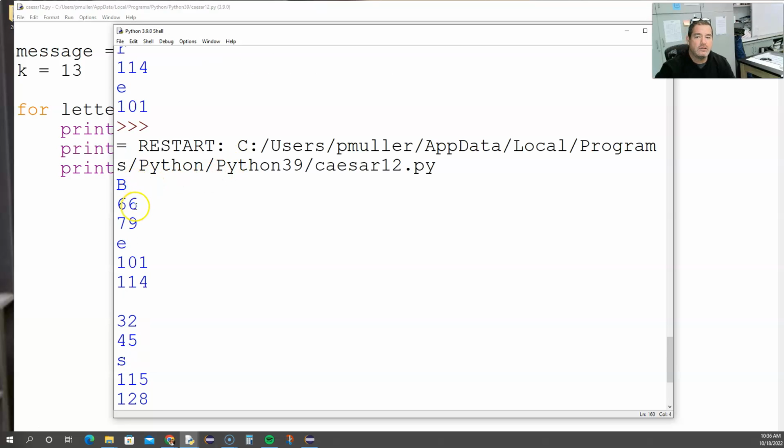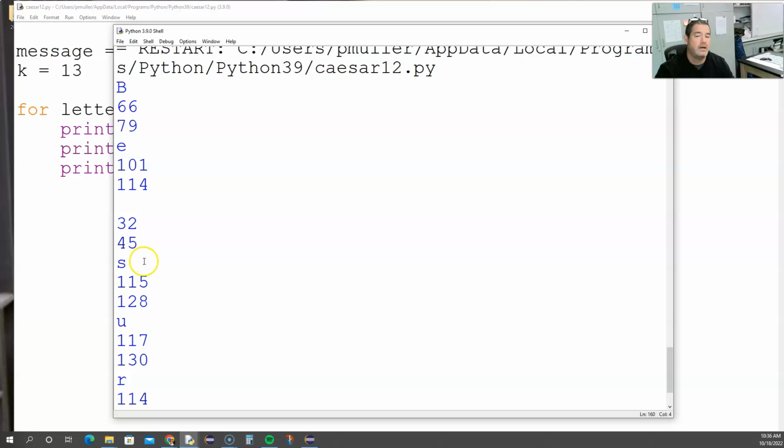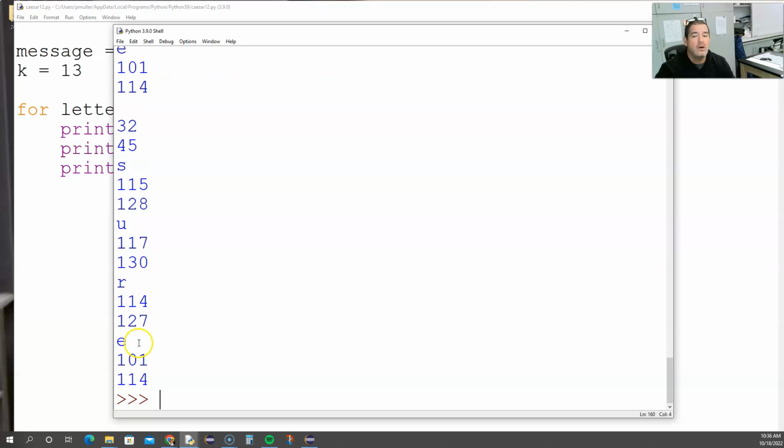And so B, okay, so 66 becomes 79. All right, well, the shift was 13. Okay, that makes sense. 101 becomes 114. Okay, space becomes 45, etc. This is actually really revealing right here. But maybe I don't catch it at first. Maybe I don't realize the issue. But 115 becomes 128. 117 becomes 130. 114 becomes 127. The problem with that ultimately is that lowercase z is 122, and so what we're doing is